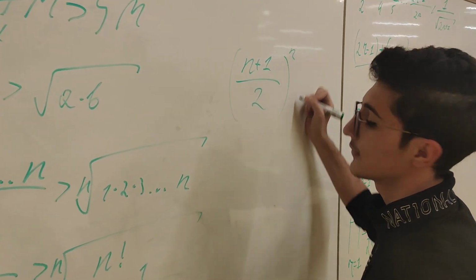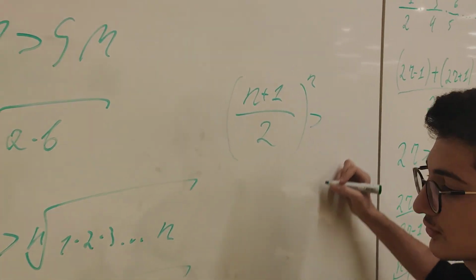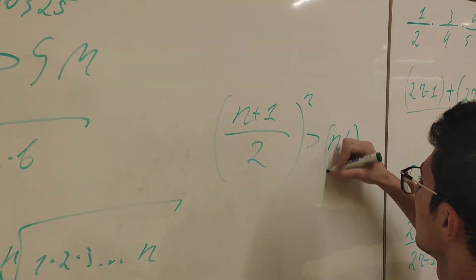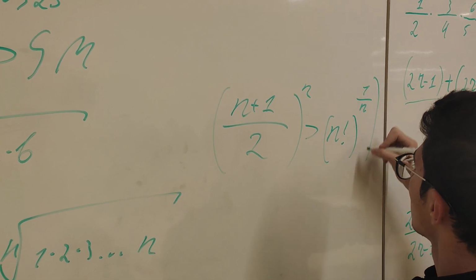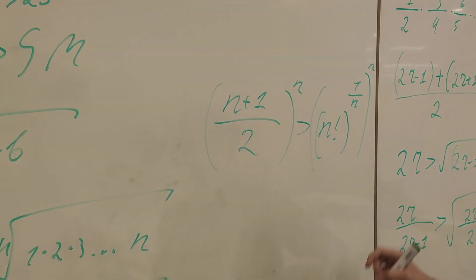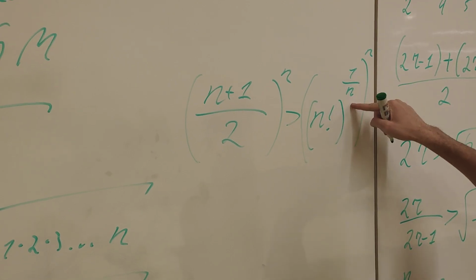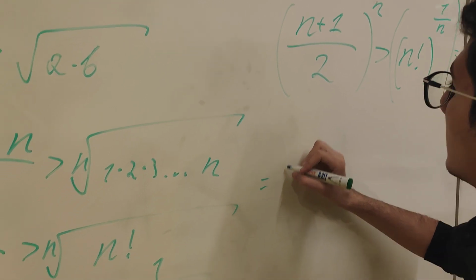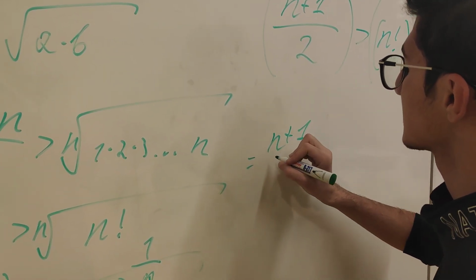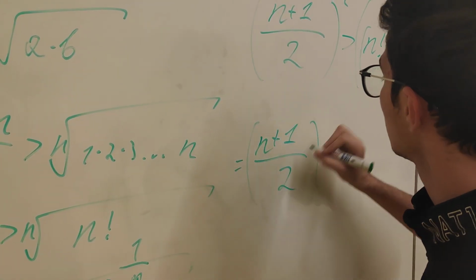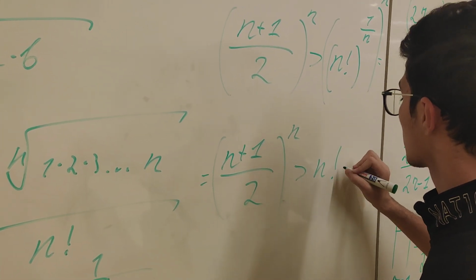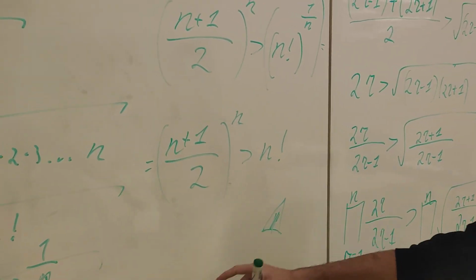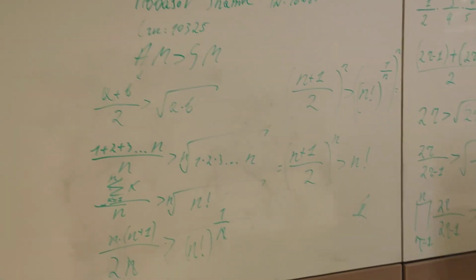We use power n for both parts, and it happens that 1 over n power n. And from there it's obvious that the product of them is 1, and we get in the end that ((n plus 1) over 2) power n is bigger than n factorial, and the proof is completed. As you know, it's the same with it. And our second problem